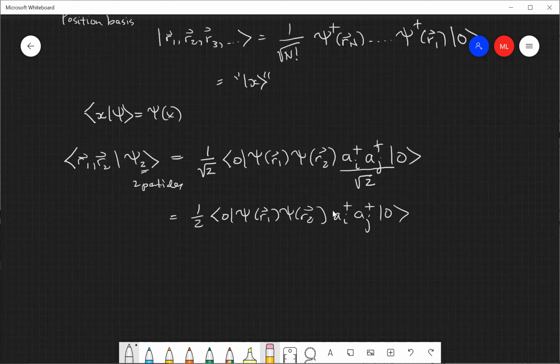You can do lots of things here. You can expand these psi's in terms of the basis of a's, or you can just directly use Wick's theorem to evaluate this vacuum expectation product. And the only thing that you have to know is that when you do the contraction between these annihilation operators and these creation operators, the contraction gives you a factor of the wave function, because we showed last time that the commutation relation between